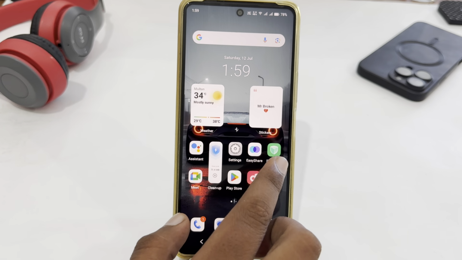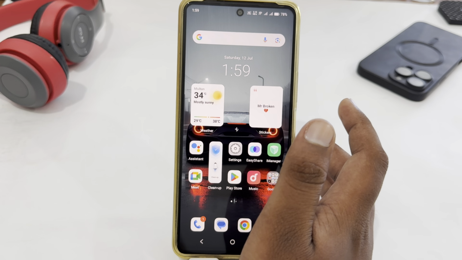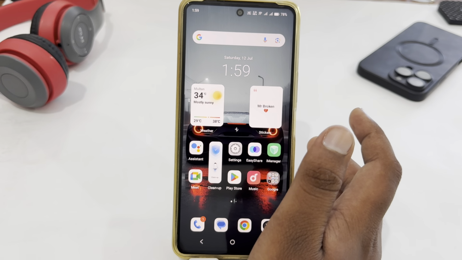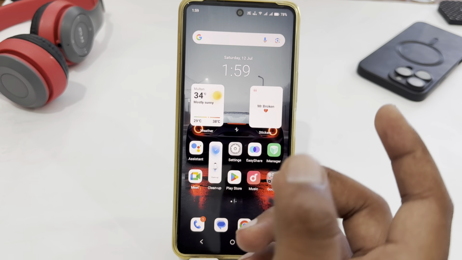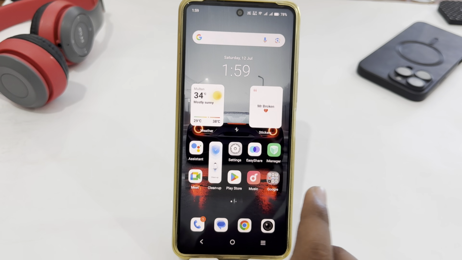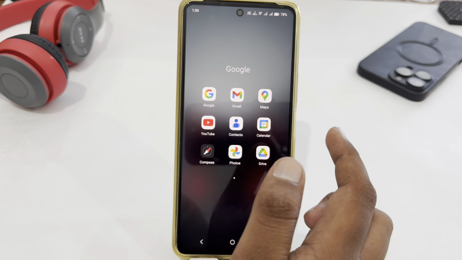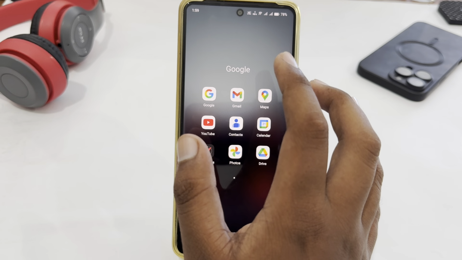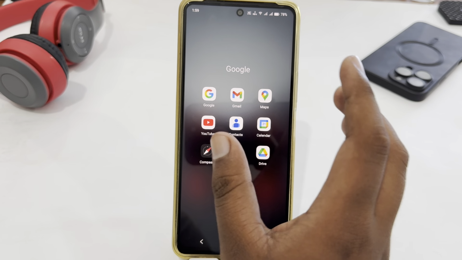So today I'm going to tell you how to fix Apple Maps direction not working in Android. If you are using an Android phone and you want to fix Apple Maps directions, let's see how you can do this. Basically, Apple Maps is not available in Android versions. So in Android, you can use Google Maps, but if your direction is not working in Google Maps, you just have to enable some settings.